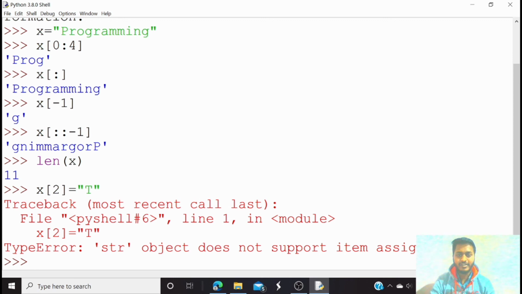So you can have an integer variable, a float variable, and it can be a string variable also. So in this video we have seen what a variable is and how to assign values to a variable, how to do typecasting, how to do slicing of any string that we have assigned, and also we have seen how to measure the length of a string.